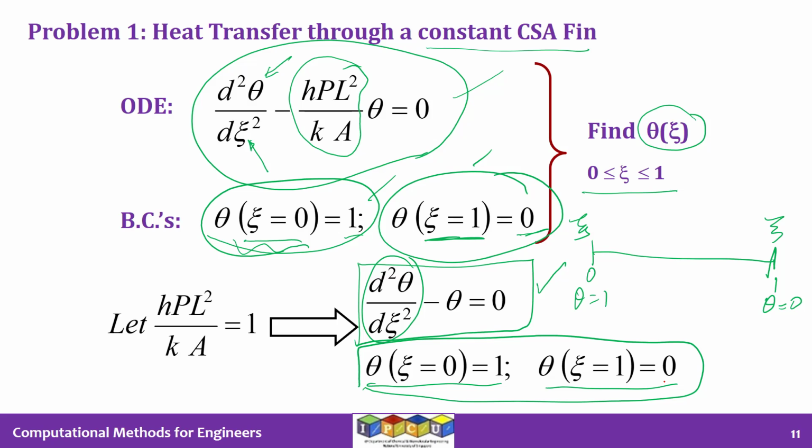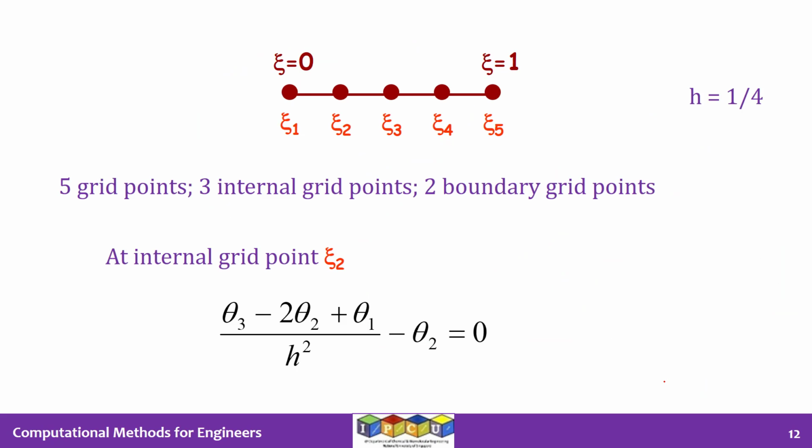Let's see what happens. Now, for demonstration purposes here, I'm going to choose a step size of 1 by 4. That means I'm going to choose h is equal to 1 by 4. So basically, I am breaking this domain into 4 equal subdomains. So I'm choosing n is equal to 4 here. If I were to use a computer to solve it, I would use n is equal to 40 or 25 or 100. But because I'm just showing this concept for the class, I'm just choosing n is equal to 4.